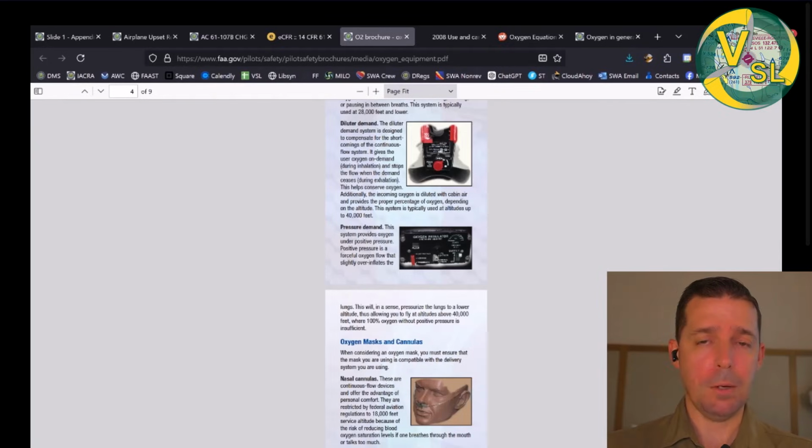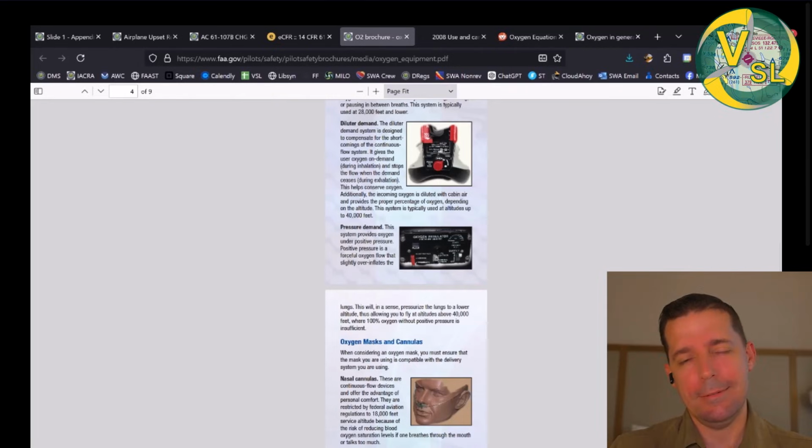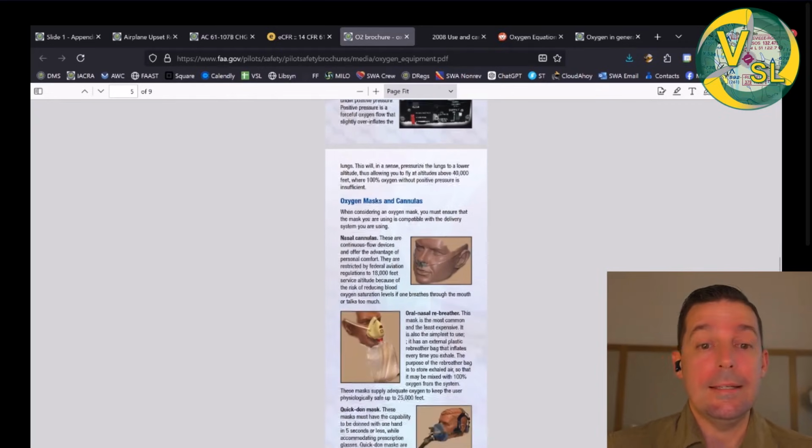So up at like 40 or 50,000 feet, you would have to have, it's almost, and I've done this in the Air Force, it's like having your lungs inflated. It's uncomfortable, it's difficult to talk because it's just forcing air into your lungs with that pressure. So again, these are very uncommon to see in a small GA aircraft, but what is very common is